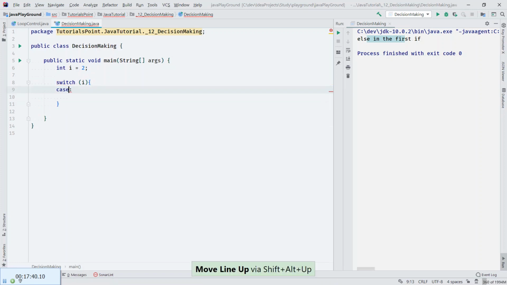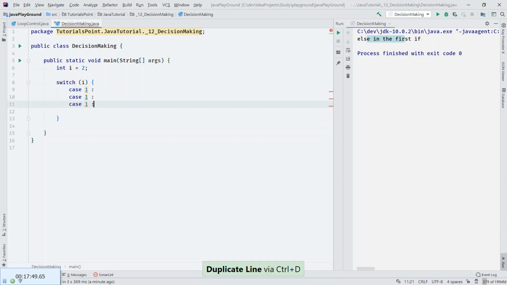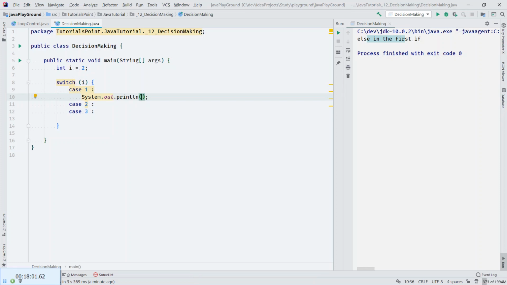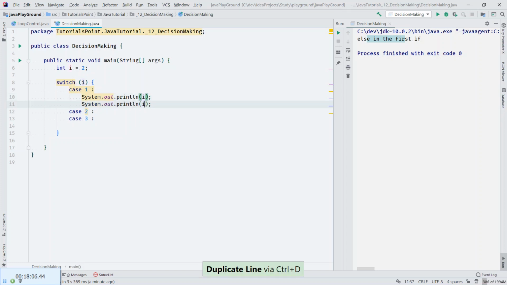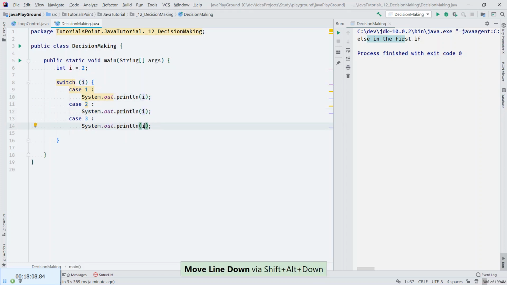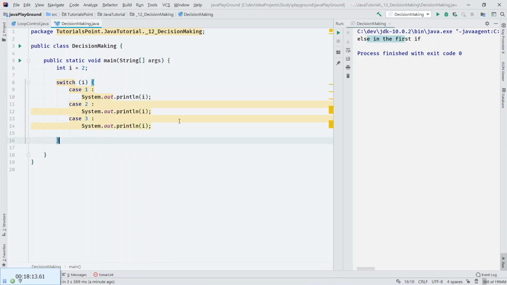Looks like it. Okay, so case 1, it will do something. 2 and 3. So yeah, like so.